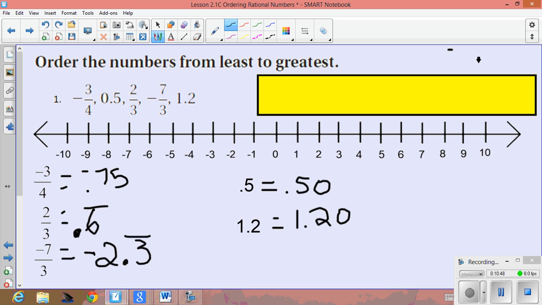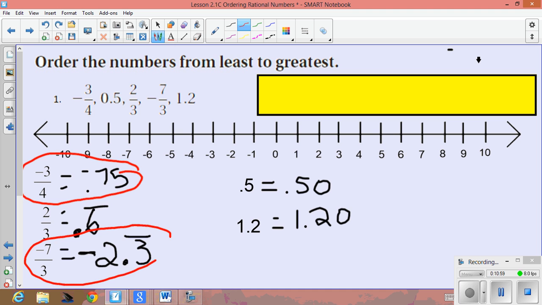So what I want to take a look at here is, first I want to take a look at all the negative numbers. So I have one negative number and I have two negatives. So from there I want to decide which one is greater. So looking at these two, -2.3 repeating or -75/100, the smallest one here is the -2 and 3/10. So -2 and 3/10